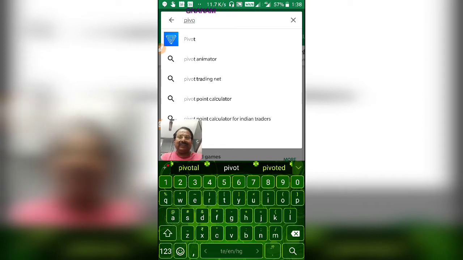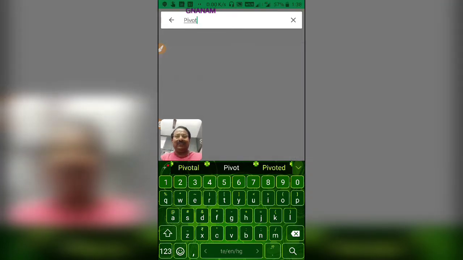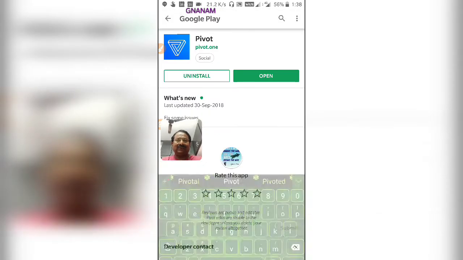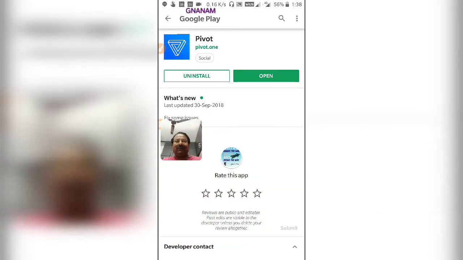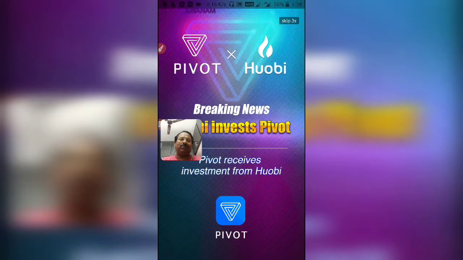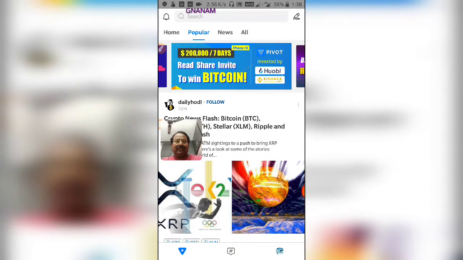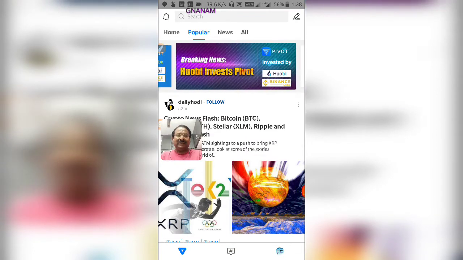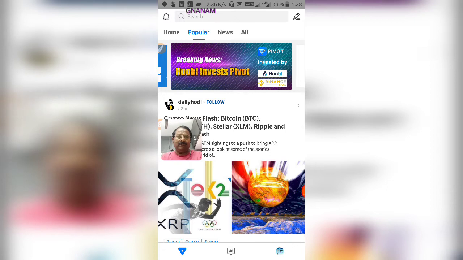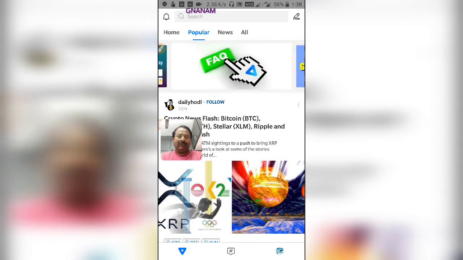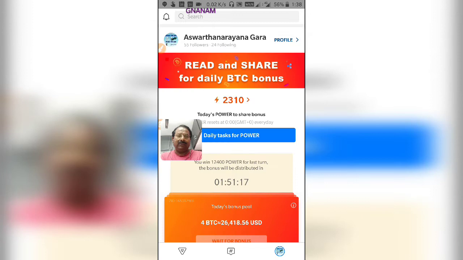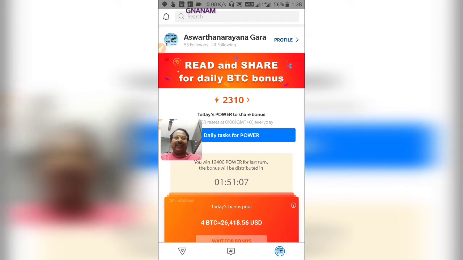So this inverted triangle is there, no? This is the app we actually require. See, I have already installed this one, so I am getting open. So let me open this. You have to open it first. Then after opening it, at the right side bottom we have one photo corner. This is the profile corner. If we click this, we will get the profile.